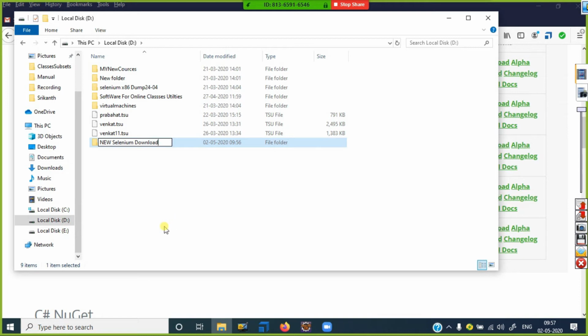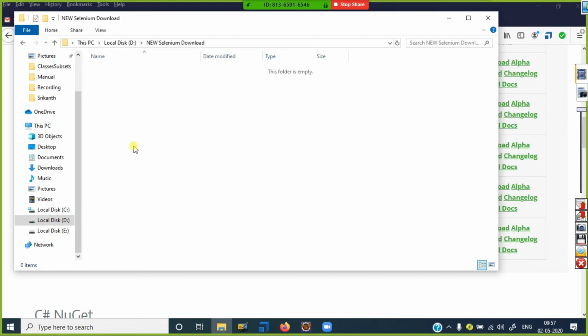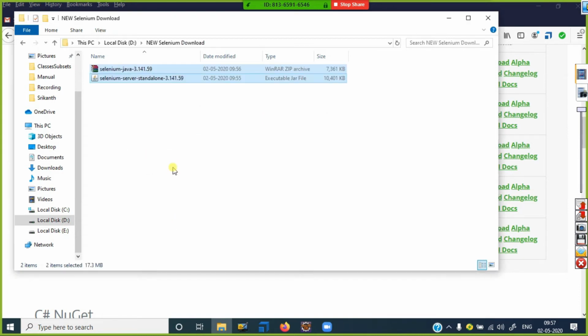Okay, downloads. I can give the new Selenium downloads. First, let's discuss. This is the Selenium WebDriver, and this is also the Selenium WebDriver, that they're giving in the form of packs. It's not like a tool where you double click on the exe file and install. It's a pack. You don't want to install anything.